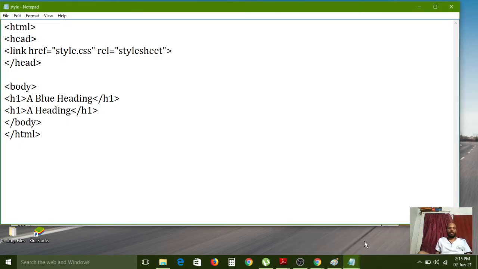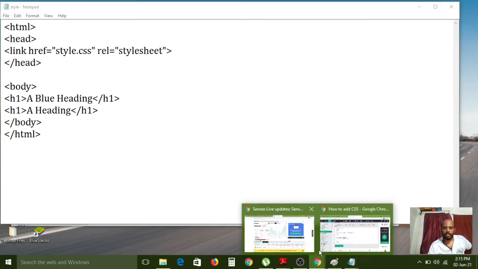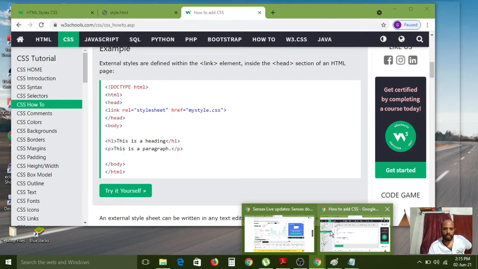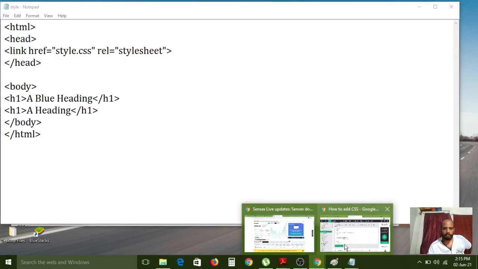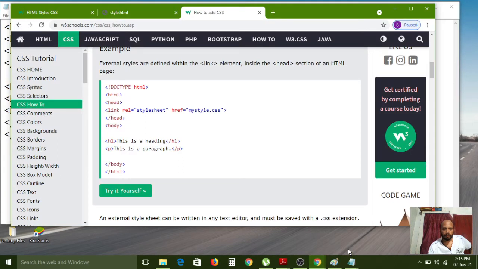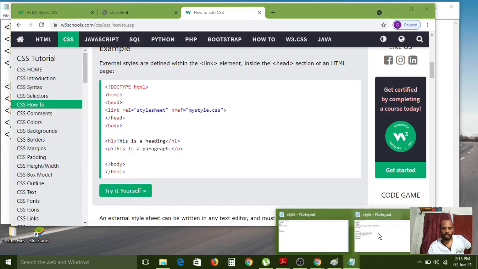Link href style.css, stylesheet, link tag.